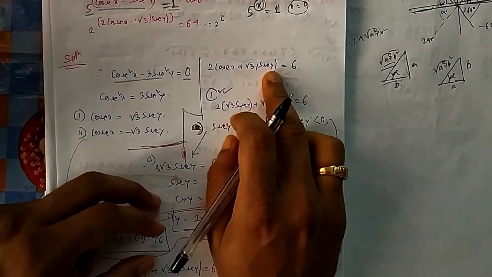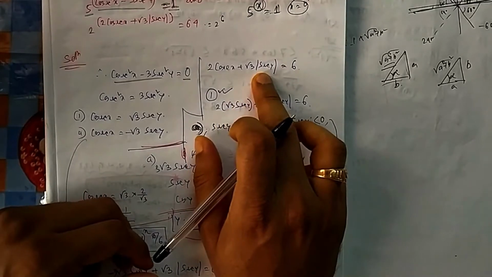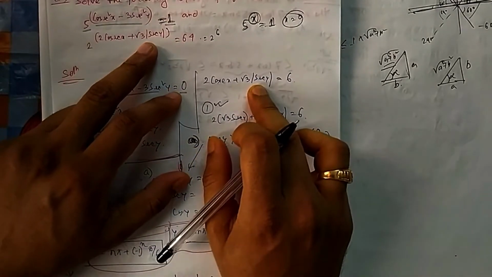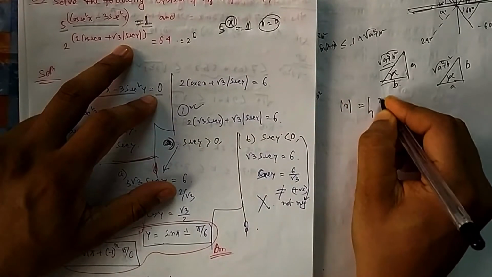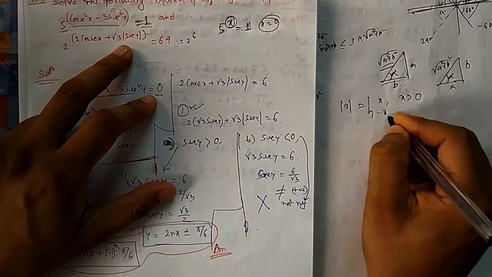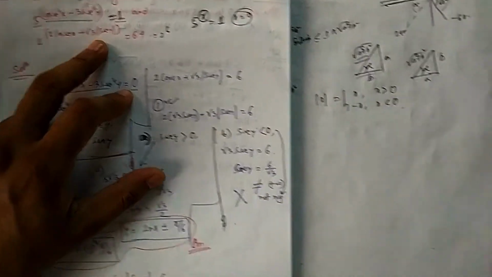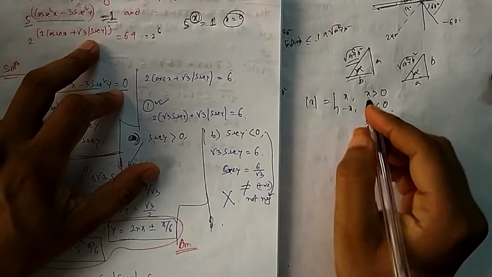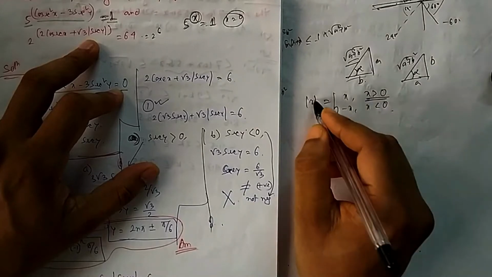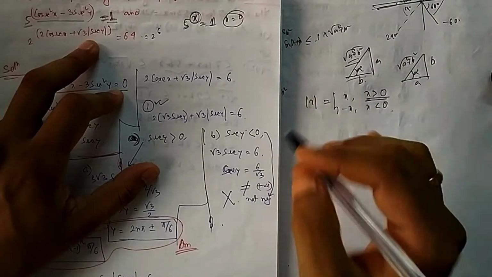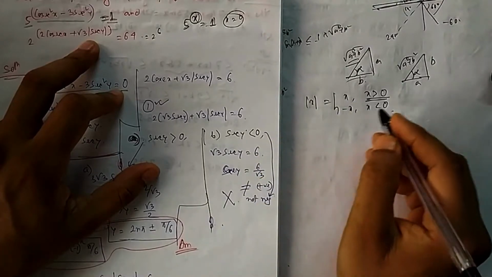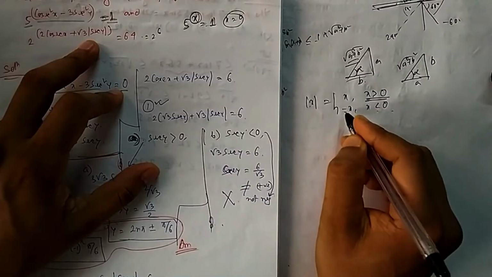Now here also you will have 2 equations. Why? Because here mod sec x is given. So if there is a mod function, as I have explained to you, I can write it as simply x if x is greater than 0, and it is minus x if x is less than 0. I think I have explained in quadratic. So if x is positive, then there is no need of mod, because mod makes x positive. If it is inside positive, then obviously there is no need. And if it is negative, then how to make it positive? I will give one more minus.